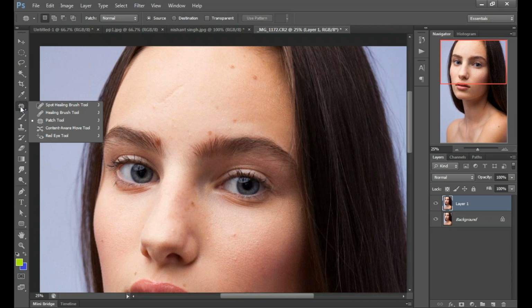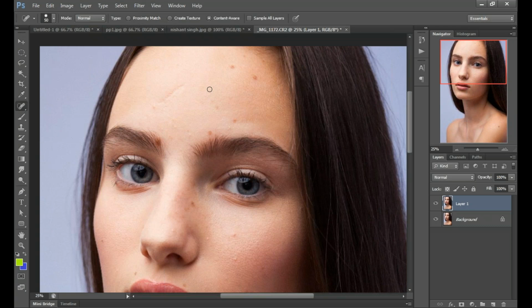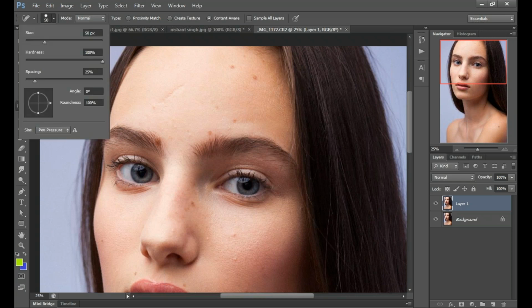Now we have a brush here. You can see a brush. We'll resize that brush to our spot size. Actually, we have to cover the spot completely, and our brush is small, so we'll change the brush size. How to change the brush size? Go to the Properties bar. You will get the option of size. Size here. You can see a bigger brush here.